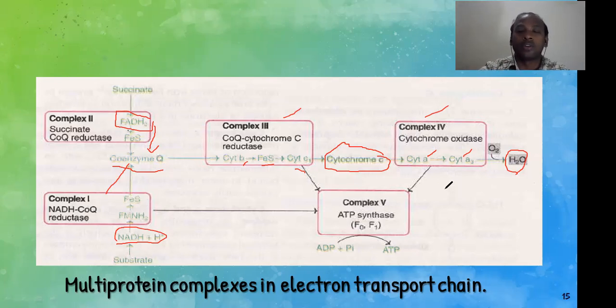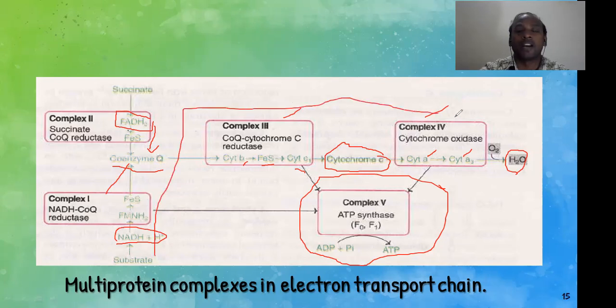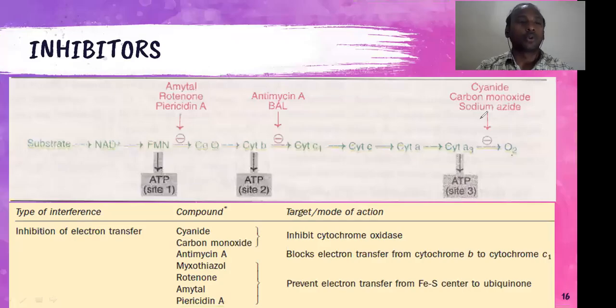Here I am not going to discuss this particular part. This we call oxidative phosphorylation. I'll make the next video about oxidative phosphorylation, how exactly ATP is synthesized. So all these reactions together we call the electron transport chain. So coming to the